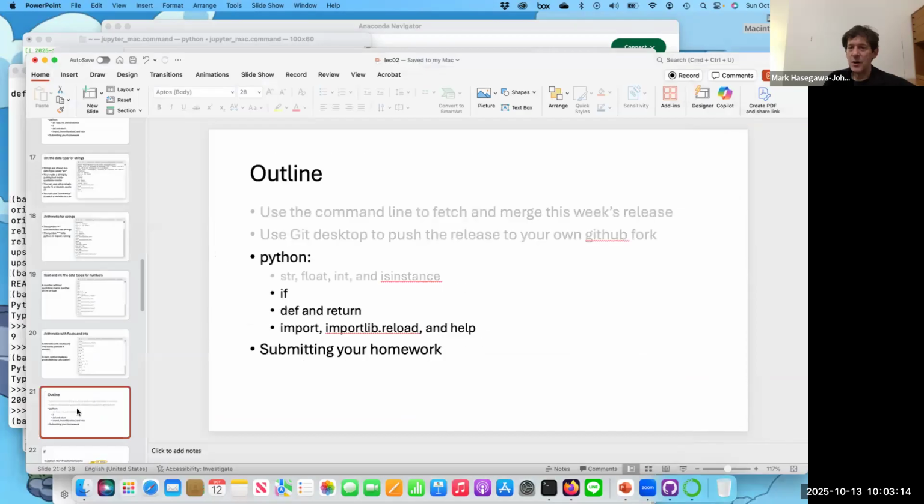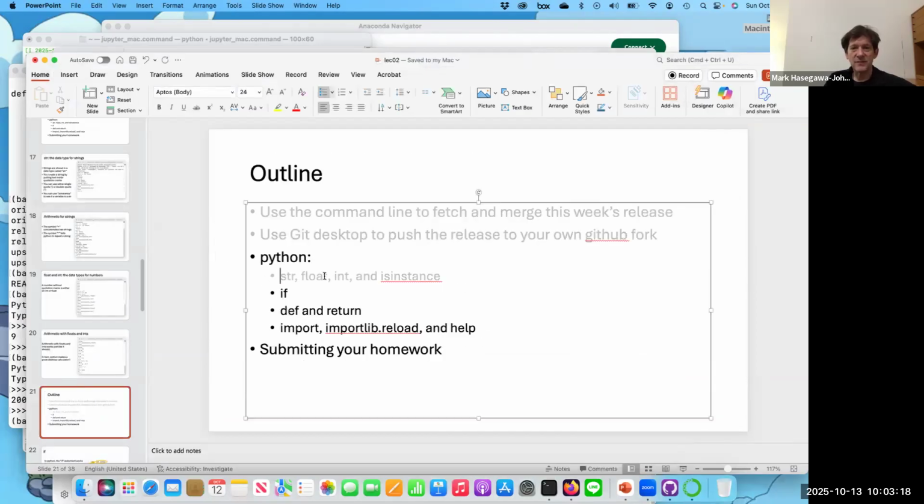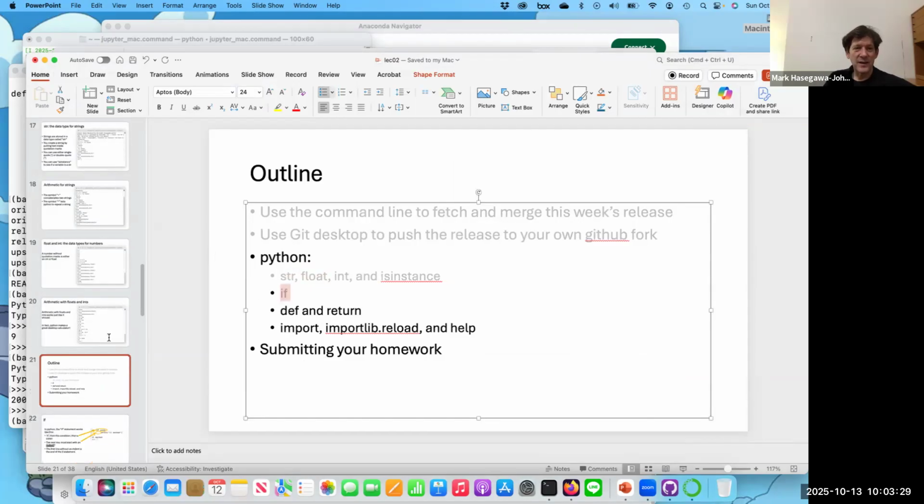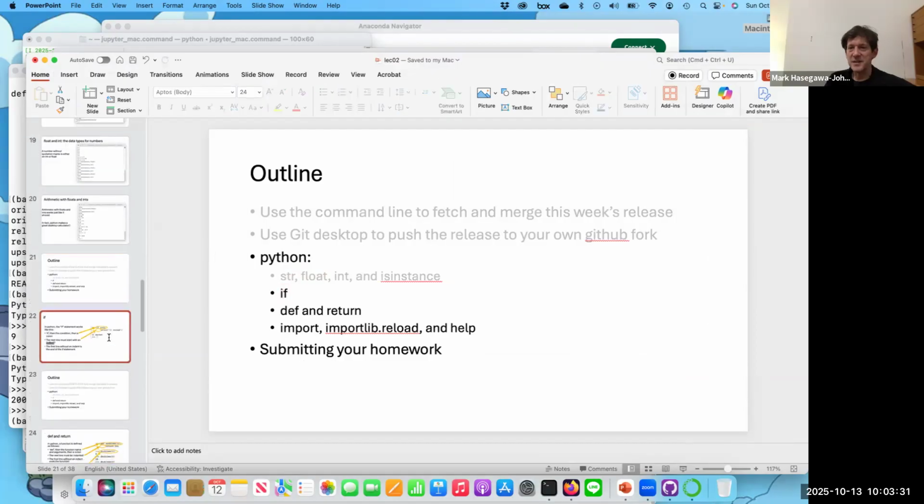All right, those are our key data types for today. Today, I'm just going to tell you about string and float and int, and isinstance and type. Now for our key syntax. Our key syntax idea is if. The if statement is if you have